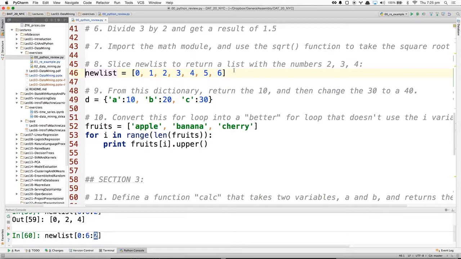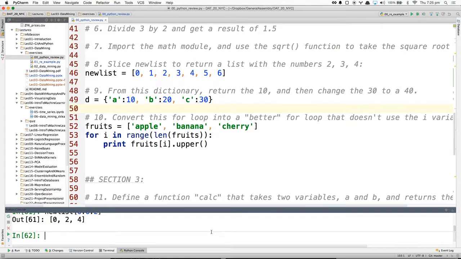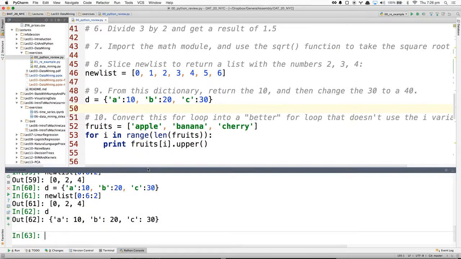I want to make sure that you can really understand what a hash is and what a list is, because we're going to extend and build on these concepts throughout this lecture and throughout the class. So this is a simple dictionary, right? I just declared a dictionary. How do I get 30 back? Well, let's say the first part of the question is how do I return 10? I want to print, and I want this print to return 10.